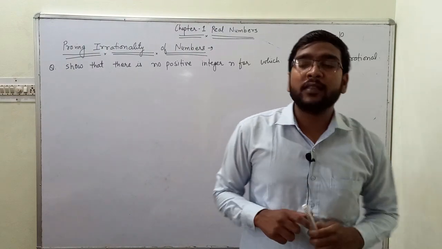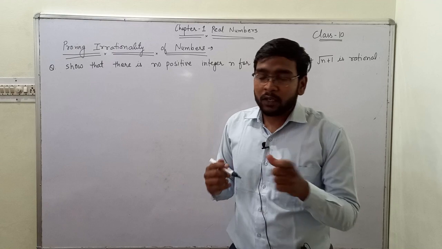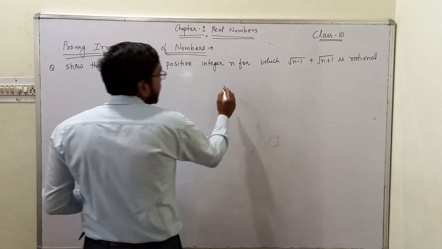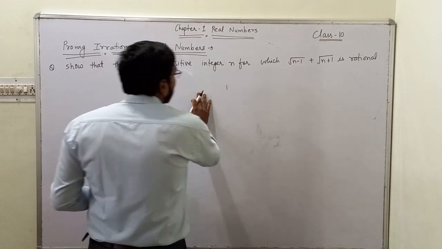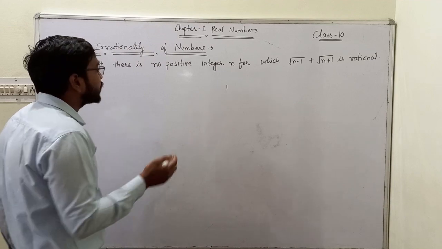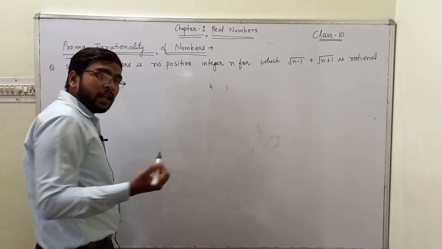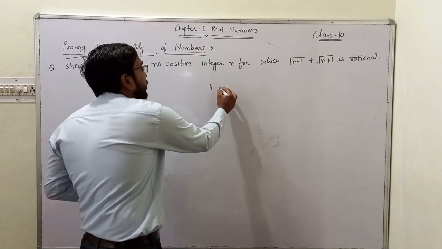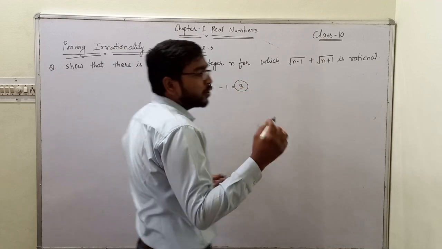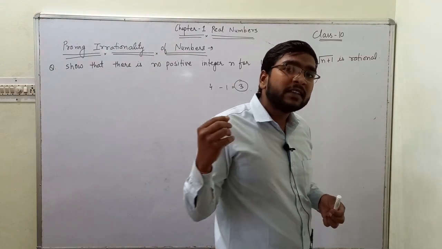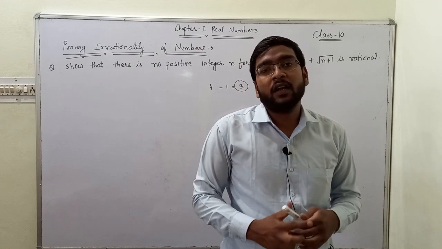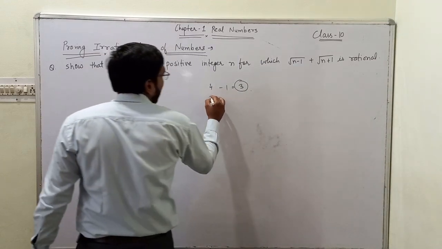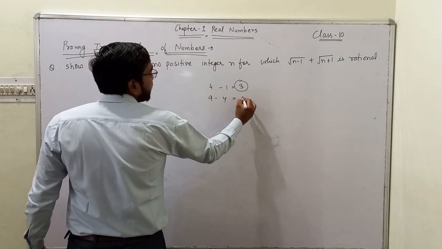Okay, before doing this question, I need to tell you something. First, the smallest perfect square is 1. Okay, and the second perfect square is 4. Now if you see, 4 and 1 differ by 3. So all perfect squares should differ by at least 3. Okay, if I move to the next perfect square, that is 9, and if I subtract 4 from 9, then it will be 5.